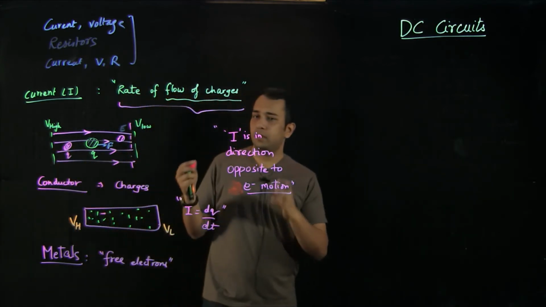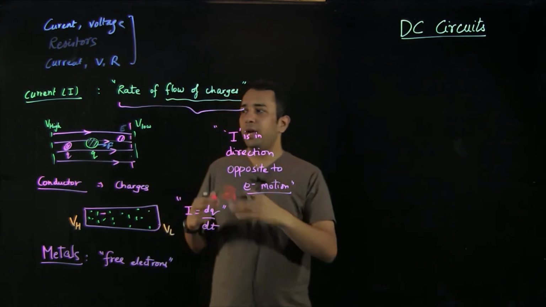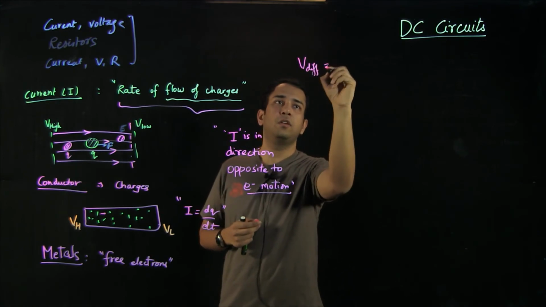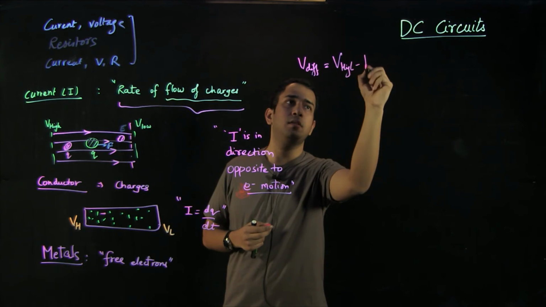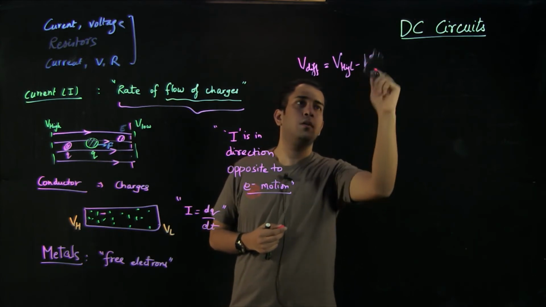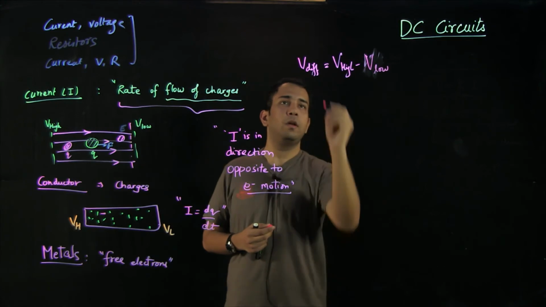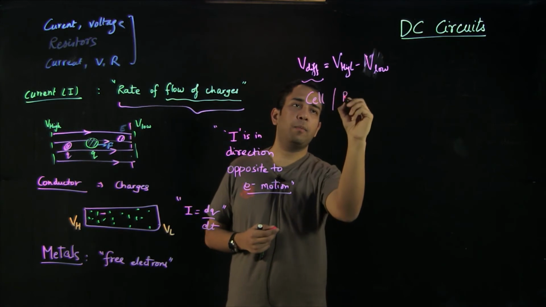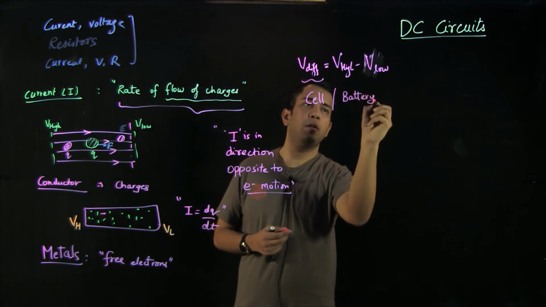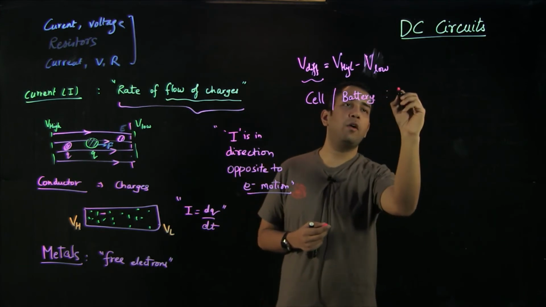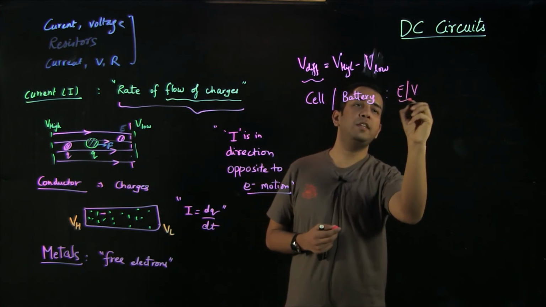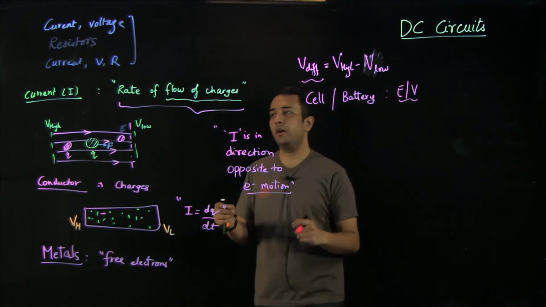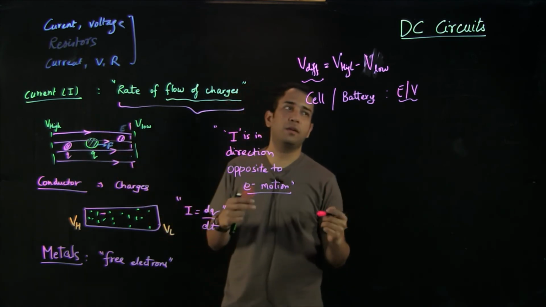Because of the third property, to make a current flow within a circuit, we apply a potential difference, which is V high minus V low. And this potential difference is being provided by a cell or a battery. A cell or a battery has a specification of either E or V, which is the same as this potential difference, which they will provide when they are connected in a circuit, and they will induce this current whenever they are put into a circuit.